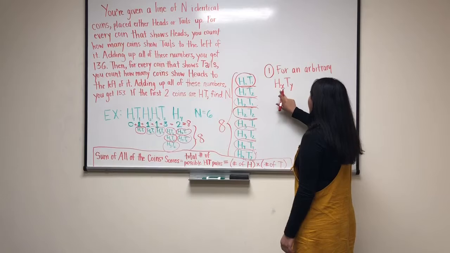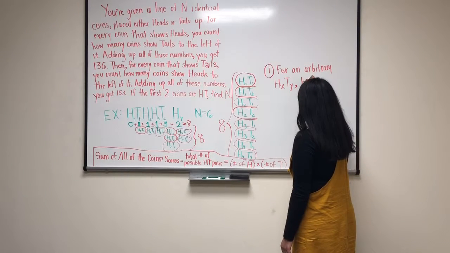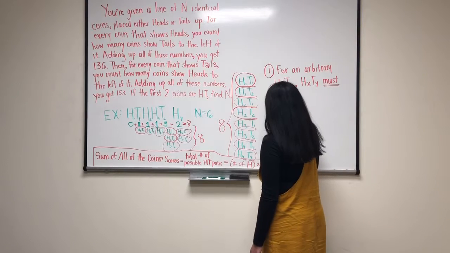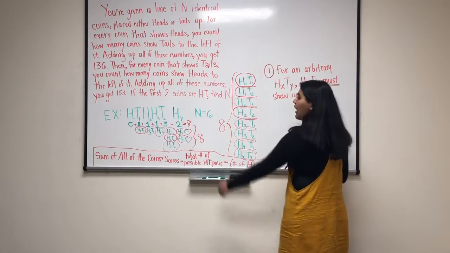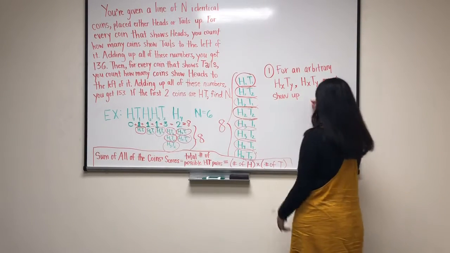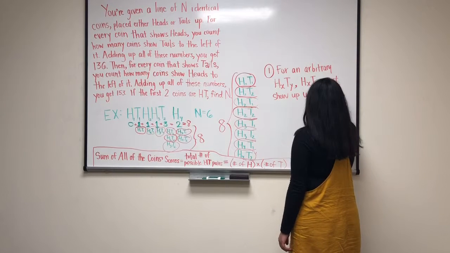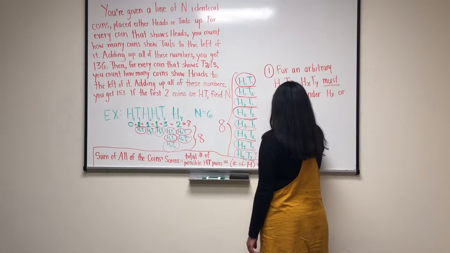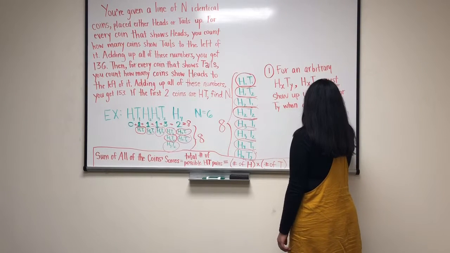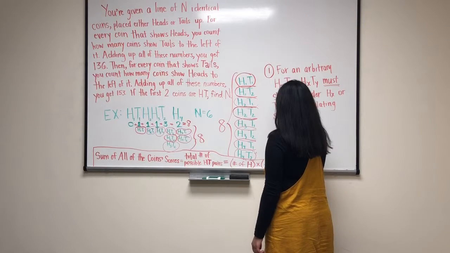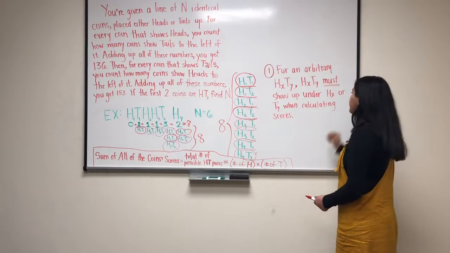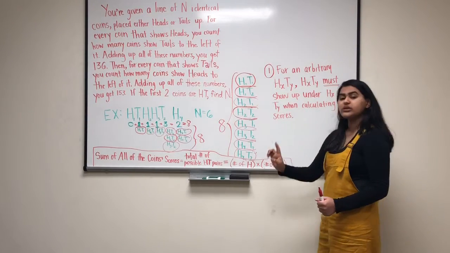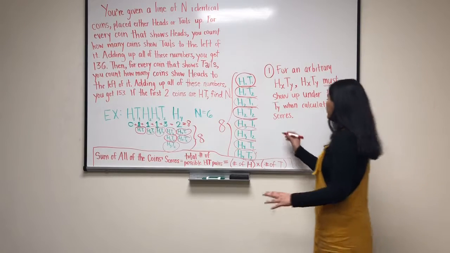So for any arbitrary HXTY, HXTY must show up either under HX or under TY when I'm calculating the scores. Now if I prove this, this will not be enough, because if I prove it, what I'm saying is that every pair here has to show up here, but there's no guarantee that it only shows up once. What if it shows up twice? So that's the second thing I'll have to prove for my proof to be complete,